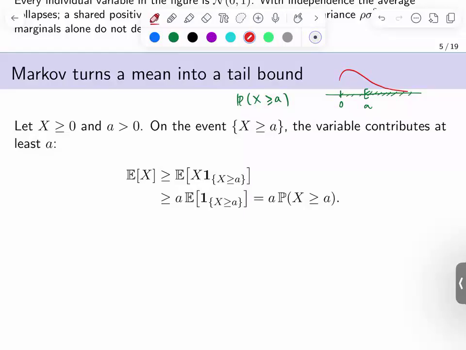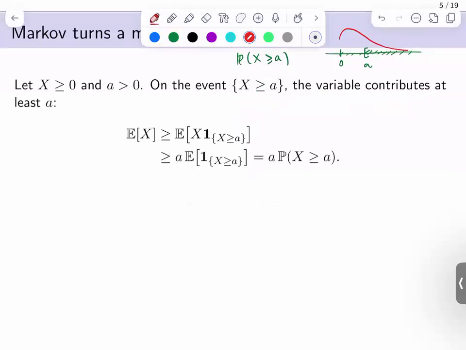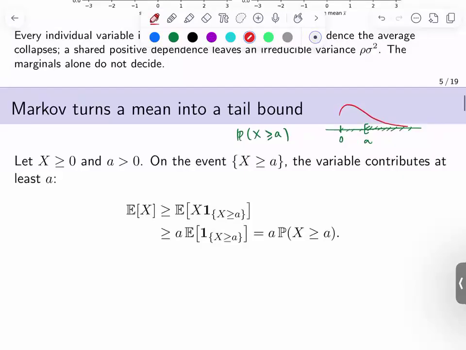But can I get a bound on this without assuming anything? Basically, that's the idea of Markov. Once you understand it, it's very useful. So what we can do is write a bunch of inequalities. The first thing is